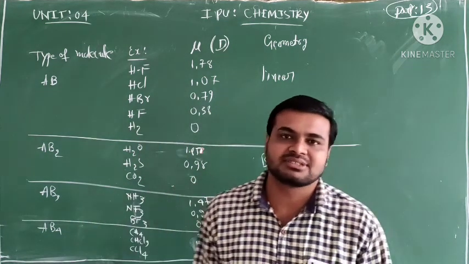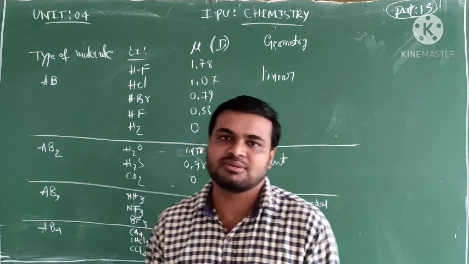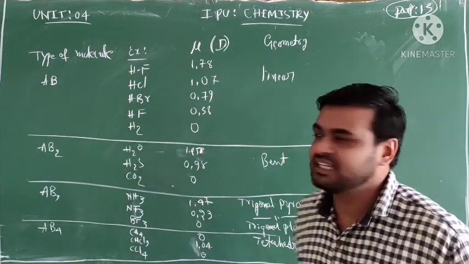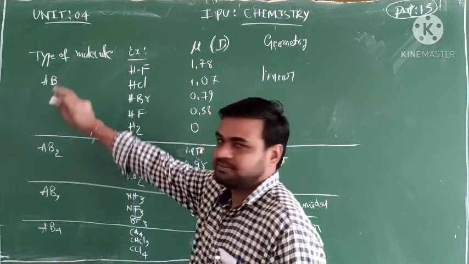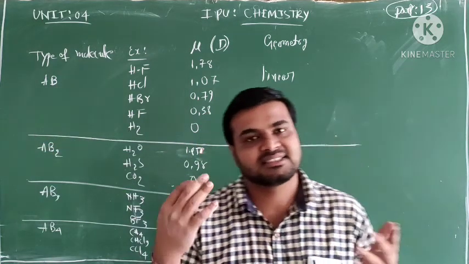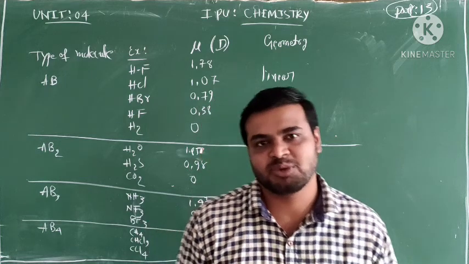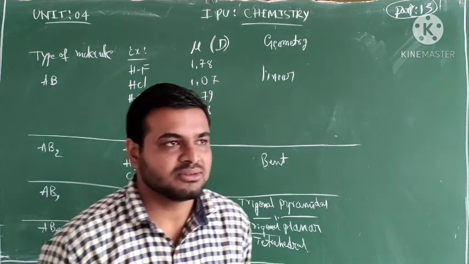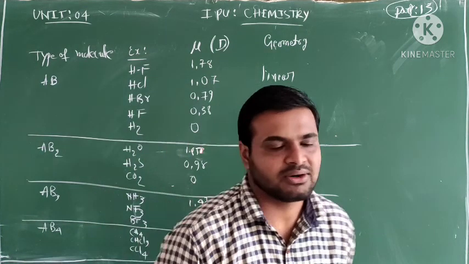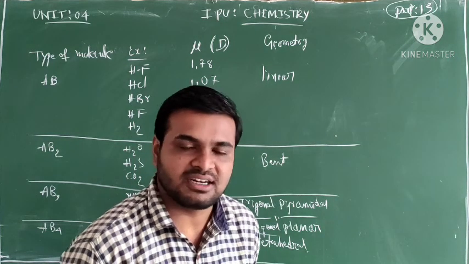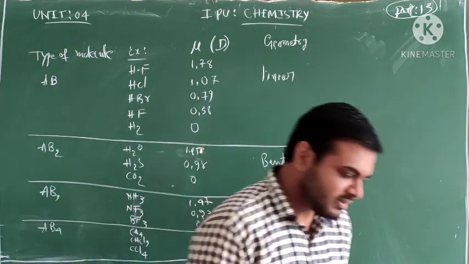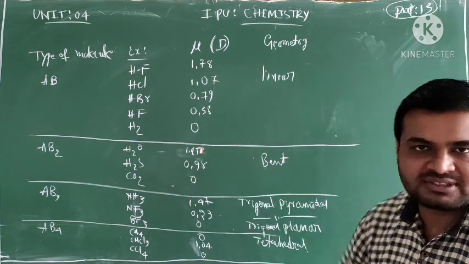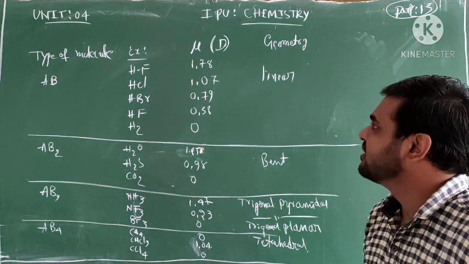Okay students, in the previous class we discussed bond parameters and the polarity of a bond. Some of the molecules have a net dipole moment of 0, and some have various values. It totally depends on polarities, the different electronegativity, and the lone pair of electrons. Clear? On that basis we are going to learn about different types of molecules, their structures and dipole